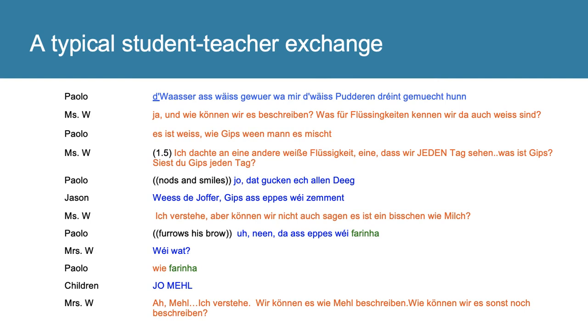So here in this example, we've used blue to represent Luxembourgish and orange to represent German, which is the target language of instruction in the classroom. In this interaction, Paolo also uses Portuguese, which is colored in green here. And so this just begins to capture some of the complexities with a focus on the spoken resources used in interaction. We commonly call these in our team our rainbow transcripts. And some of the transcripts might have very different colors depending on who the participants are in the interaction.